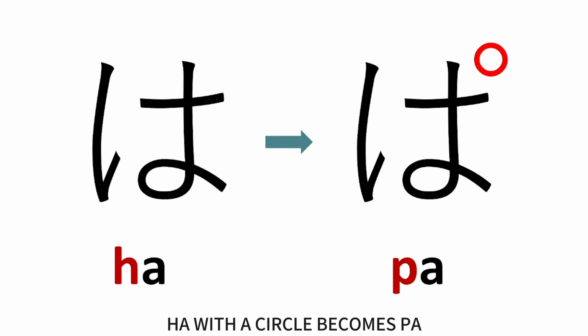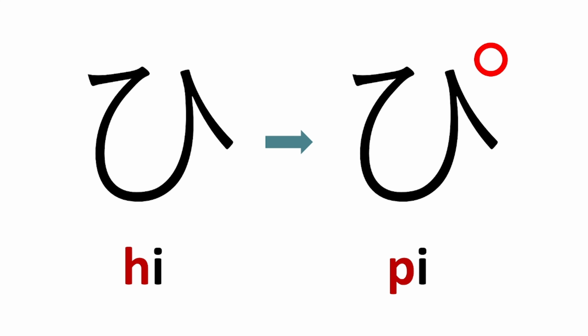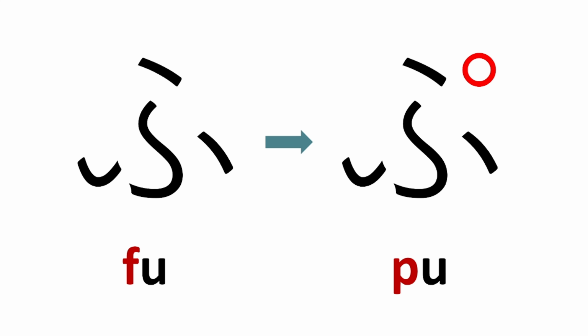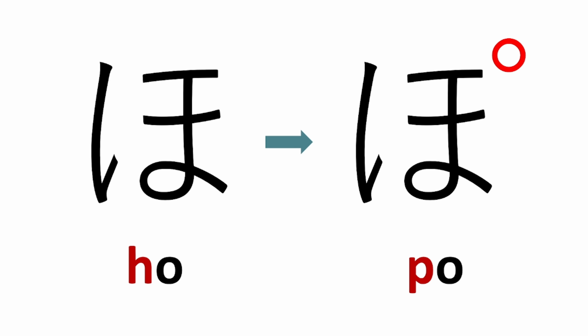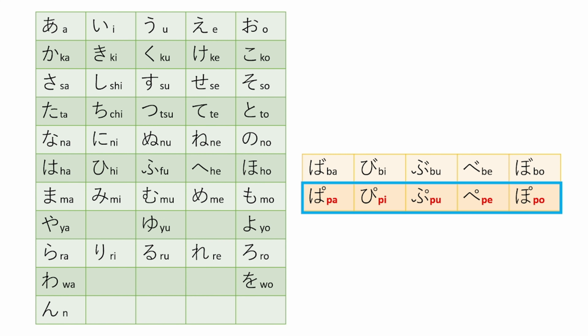ha with a circle becomes pa, pi, pu, pe, po. ぱ、ぴ、ぷ、ぺ、ぽ。